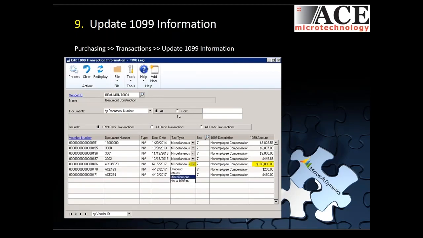and the box that the dollars go to for the 1099 itself, but it actually allows you to change the 1099 amount. So in this example, where Beaumont Construction actually had a $100,000 invoice, we've determined that only $75,000 of it is 1099able. We can go into this screen right here and make that change so that once we're ready to generate our 1099s, we've already gone through and corrected all of the mistakes that have been made throughout the